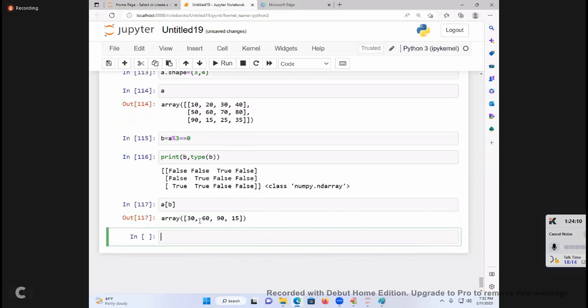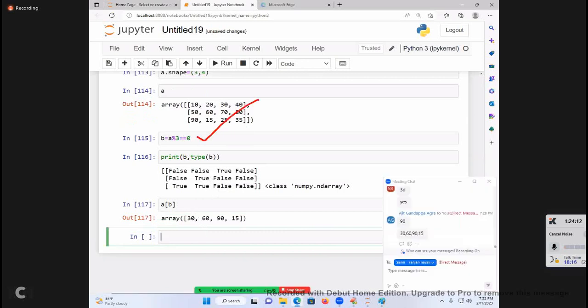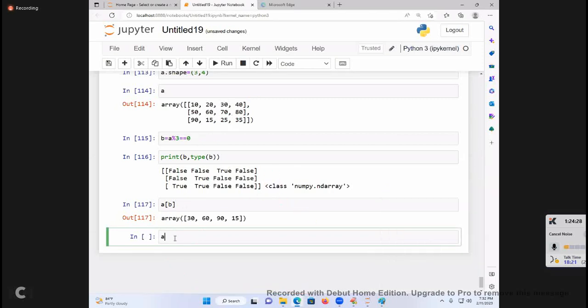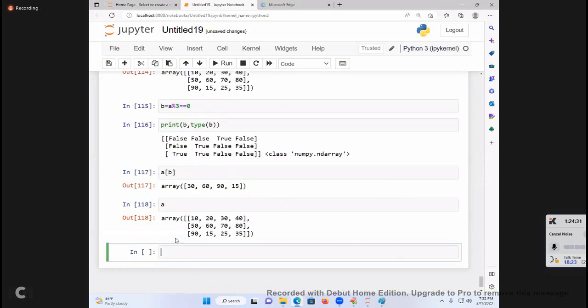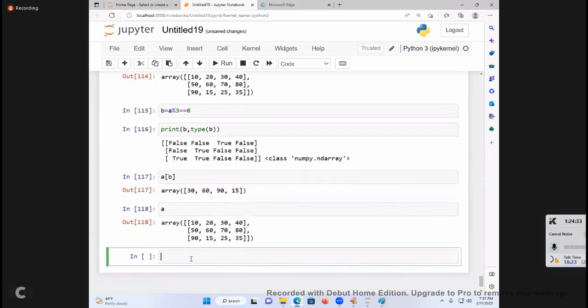Understanding? What is the first approach? Prepare your condition and get the Boolean array. Pass the Boolean array to the ND array object. Corresponding entries of true are selected. The rest of the elements will be filtered out. In other words, you can write it directly. A, you print it once, students. Directly you write A of A percentage 3 is equal to 0. That's all.